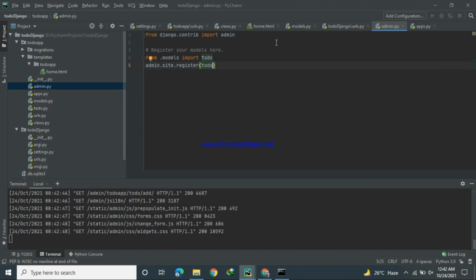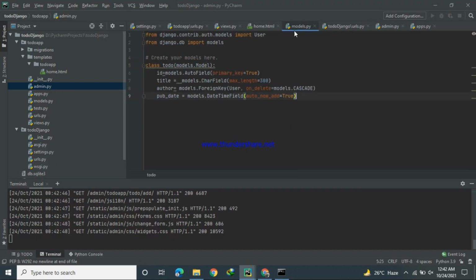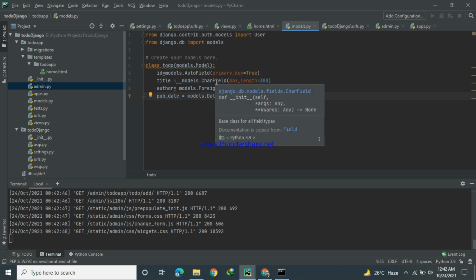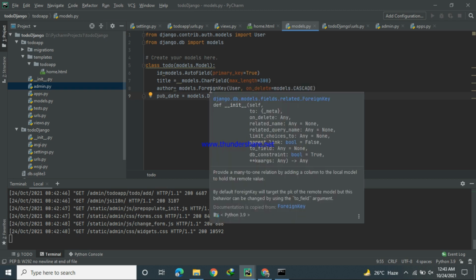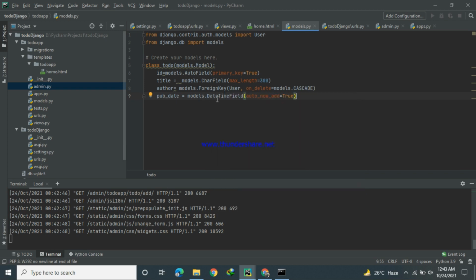If I get back to the models.py file, id is the primary key and auto field, title is to be added by the user, and author is the author or the user itself. Okay, and pub date is auto created.